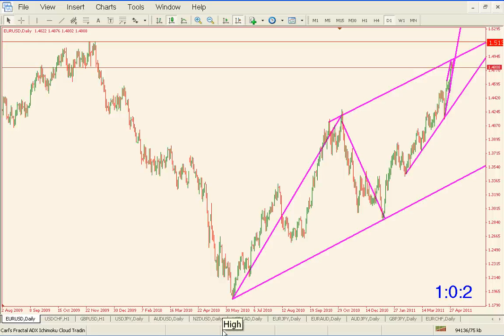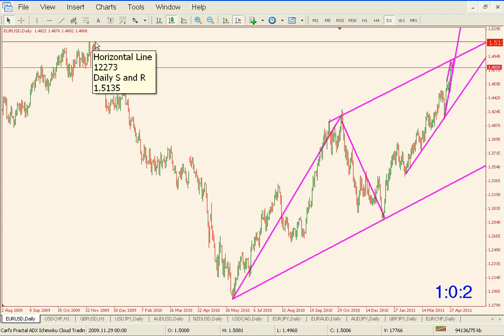Alright, I'm going to do an analysis of the Euro USD. I'm going to tell you what I think it's going to do for the next week. We're looking at the daily chart right here, and as you see on the daily, there's this high right here which I have as a resistance point, so that's up at what,